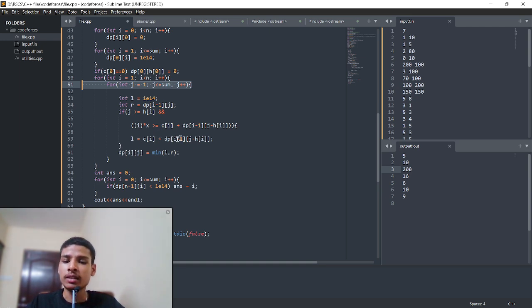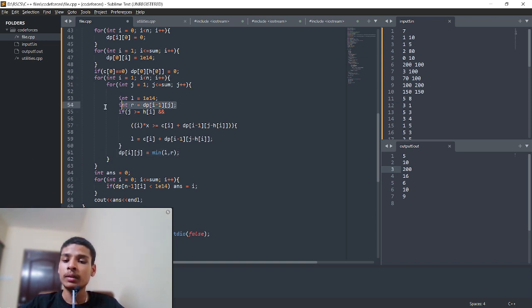If your current happiness level, like this is the definition, if your cost of i, let's suppose this is the cost of i, plus the total costs you have spent in the previous months is smaller than the savings which you have, then you can definitely take the current happiness. Then your answer dp of i and j would be the